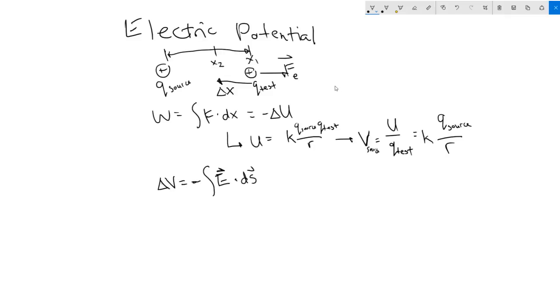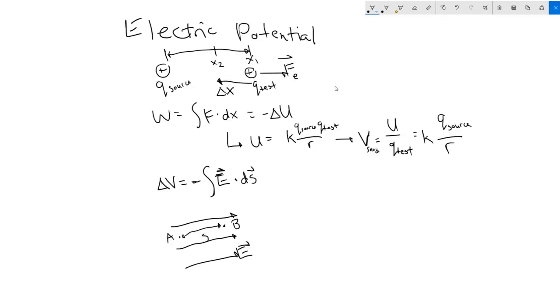What this is essentially saying is that if you have some electric field, and you look at two spots along the electric field, maybe point A, point B, and you go the separation S,